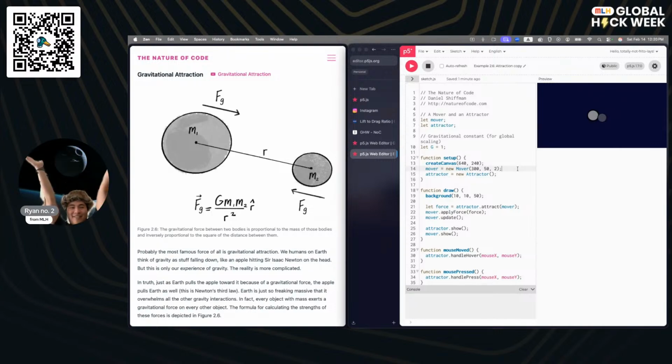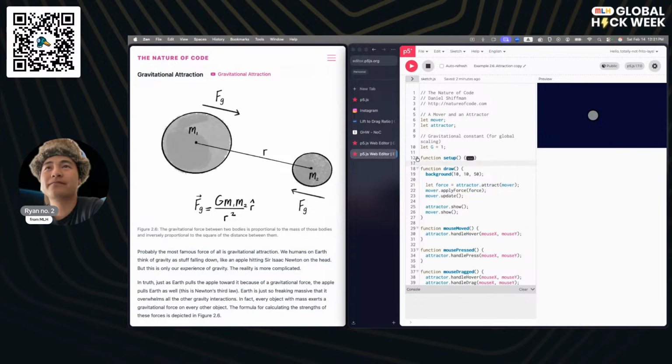Okay, let's get back to it, and then maybe we can dress up our planetary action over here to be just as stylish as wearing hats. Okay, so we've got a mover and we've got an attractor. So it seems like these are going to be two different classes we're going to be making. That makes sense because we've got one that behaves very differently than the other, even though they look kind of similar. Okay, now that we're done understanding that, let's take a look at the draw function.